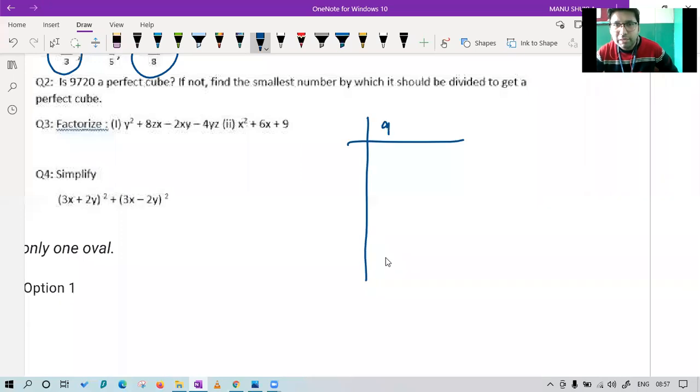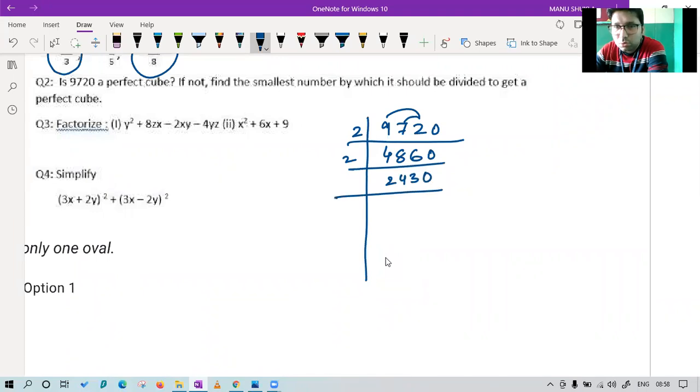Let us check by doing the prime factorization. If you see that 9 plus 2 is 11, 11 plus 7 is 18. So I think we can divide this by 2 and also 3. First, let me do it with 2. 2 4s are 8, then 1 is remainder, 17, 2 8s are 16, 2 0s are 0. Then again 2 2s are 4, 2 4s are 8, 2 3s are 6, 0. Then again 2 1s are 2, 2 2s are 4, 2 1s are 2, 2 5s are 10.